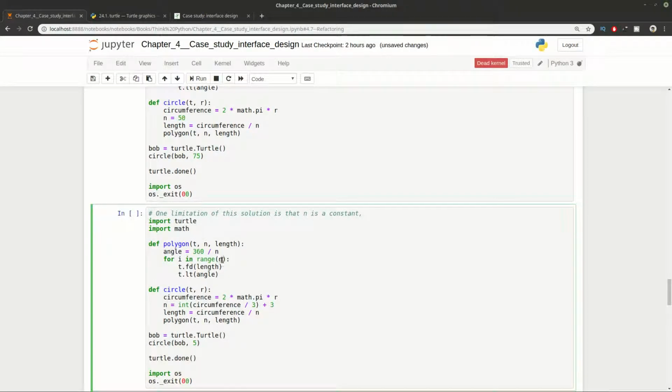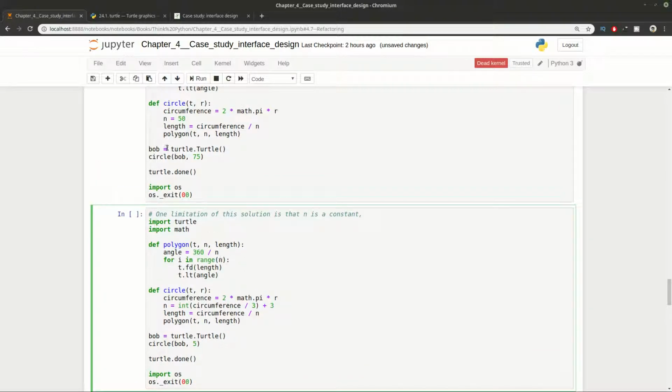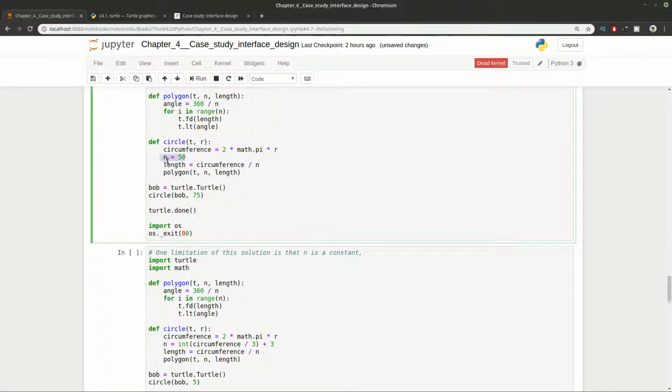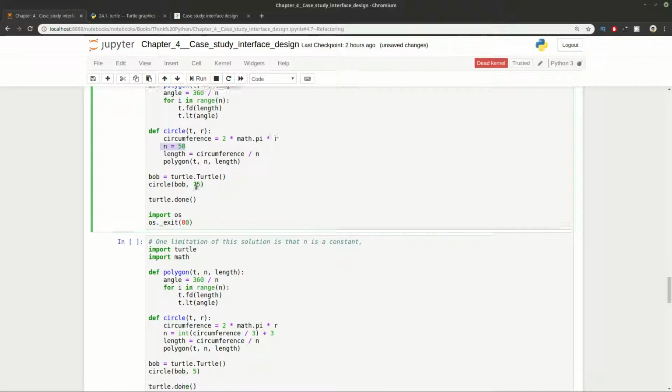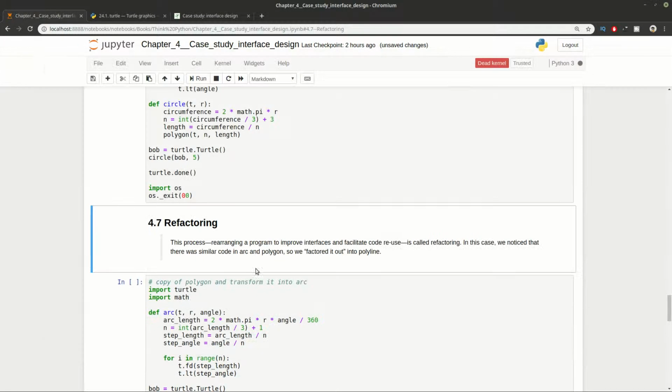And now let's say that we want to do some improvement on this program. Can you see what the difference is? Right now we have a hard-coded value, which is not a good idea in programming, and it's better for you to calculate this value. This could be a problem. For example, if you have a small circle, you're going to have a slower execution because it's not optimized. And you can calculate n by using this formula here, and this is going to give you better results and a faster execution.